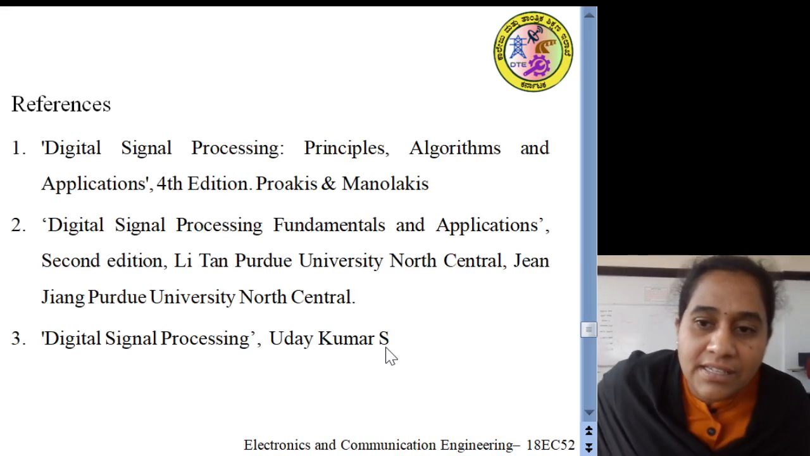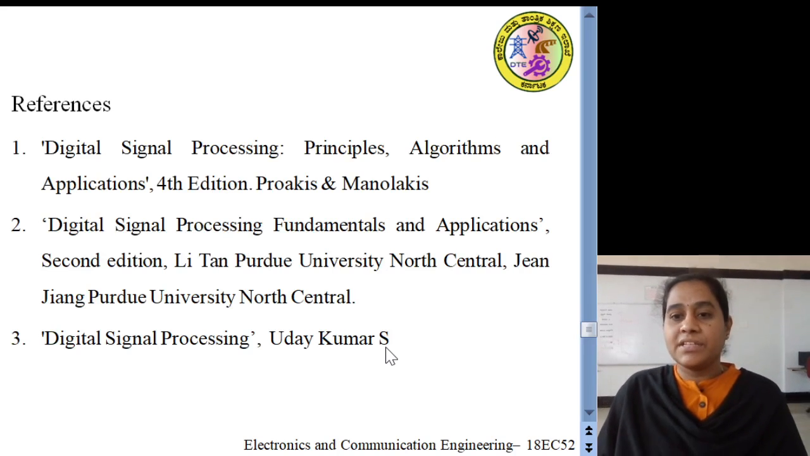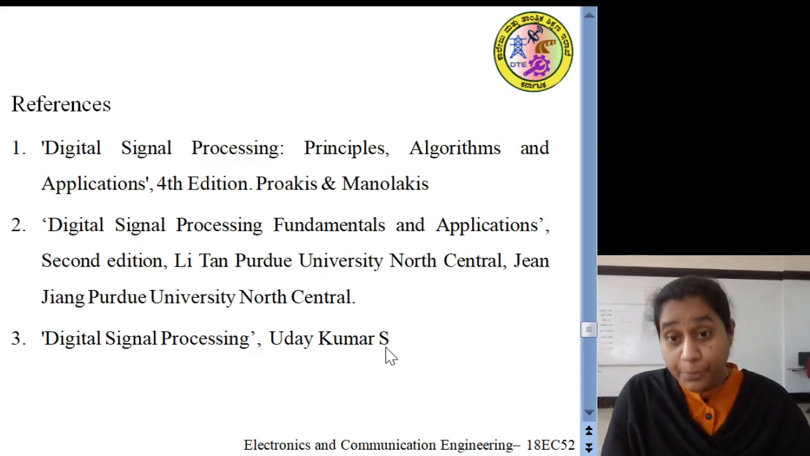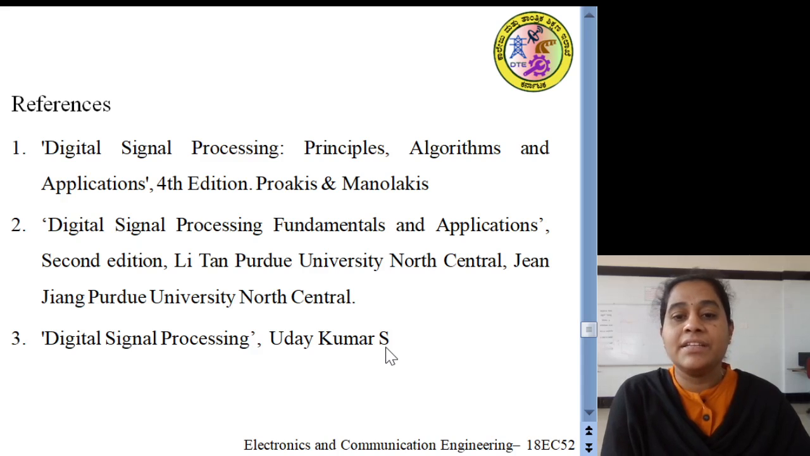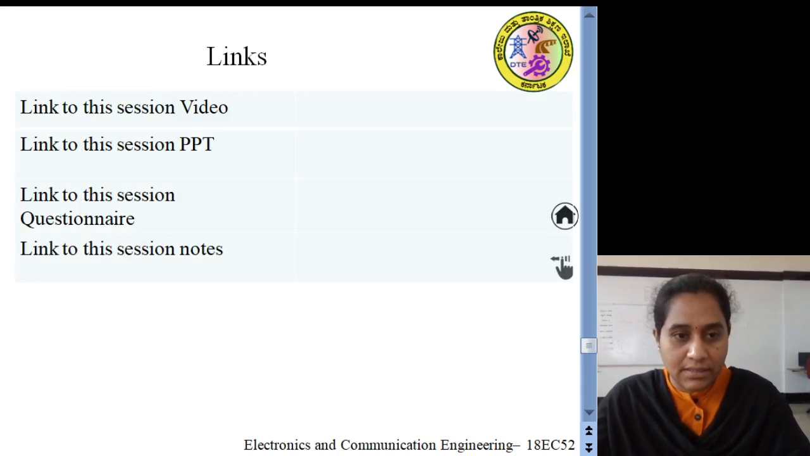For references, you can consider the book written by Proakis and Manolakis, Digital Signal Processing: Principles, Algorithms and Applications. Second, you can refer to the book written by Li Tan and Jean Jiang, Digital Signal Processing: Fundamentals and Applications. And you can also refer to the book written by Mr. Uday Kumar S, Digital Signal Processing. And for this session,